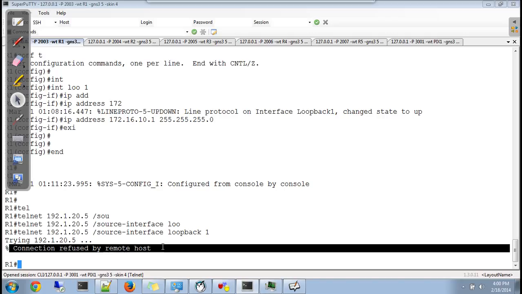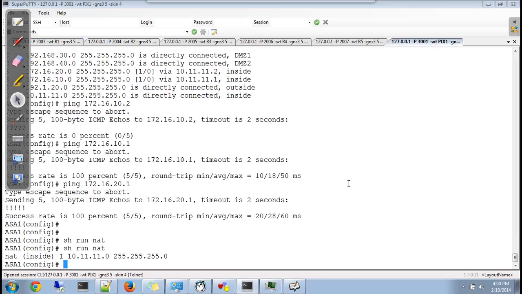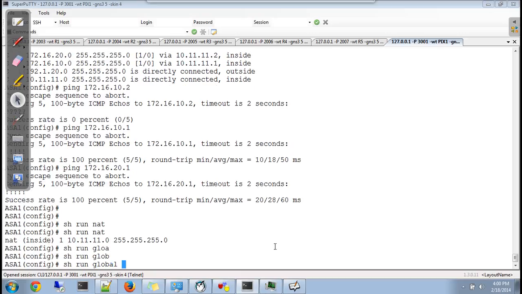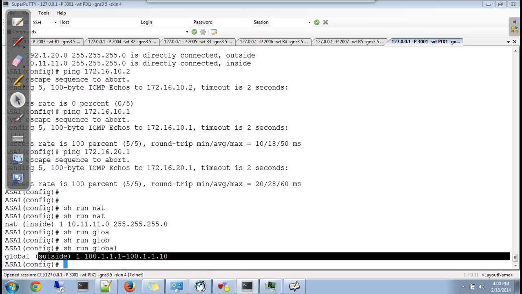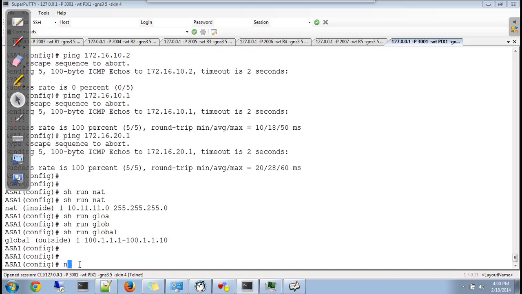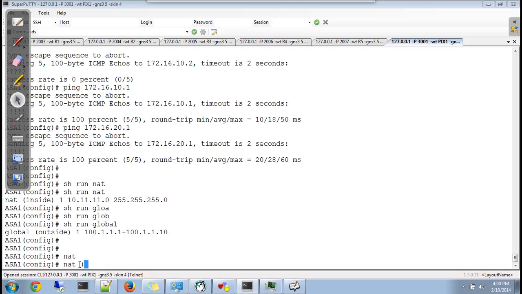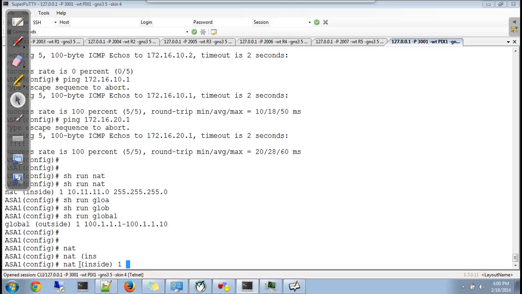So what I can do is I can add a rule. Simple thing. Show run global. I already have a pool, isn't it? The maximum I need to do is add a rule. I'll say NAT inside using pool 1. Which network? 172.16. Any host coming from the 172.16 network.